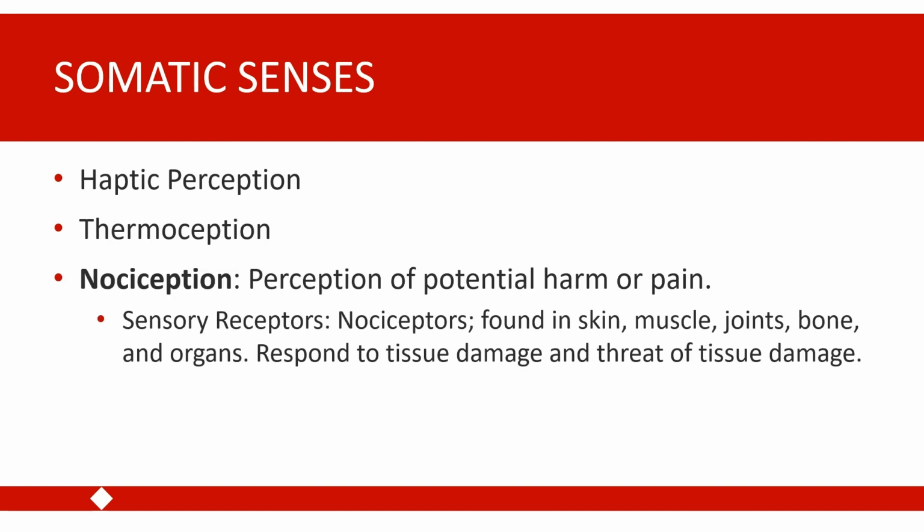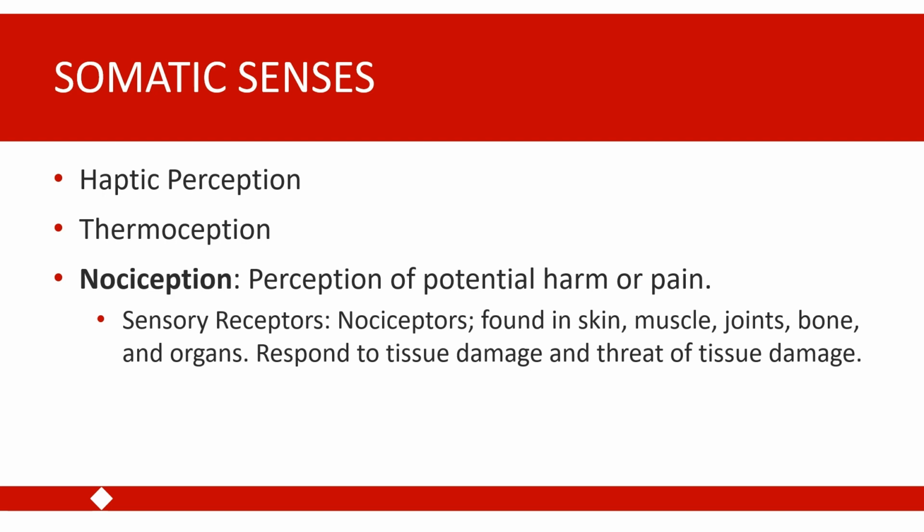The final somatic sense that we'll discuss is our sense of nociception. This has to do with our ability to perceive harm or pain, or also perception of potential harm or pain. We are talking about this as an exteroceptive sense and getting information from outside of the body, similar to our sense of touch through the skin. But there are some ways that we perceive pain that we can also think of as more of an interoceptive sense that are giving us information from inside of the body.